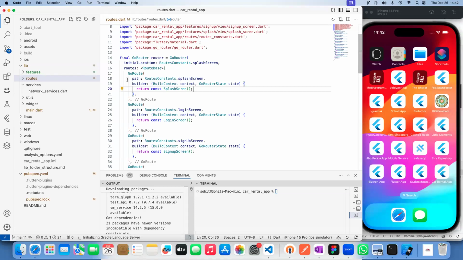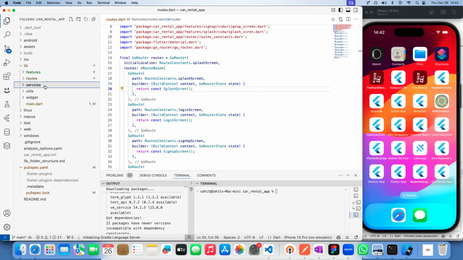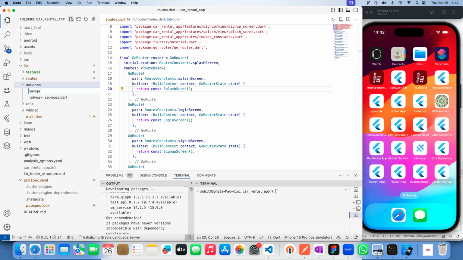So in this class, I'm going to create the navigation services class. In the navigation service class, I'm creating common methods of the navigation. Using the navigation service, I can access the navigations to navigate from one screen to another screen, everything. I've written the wrapper class on top of the GoRouter. So in the services class, we'll create a navigation